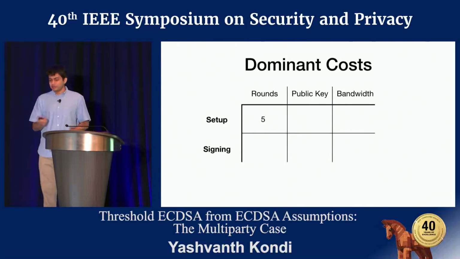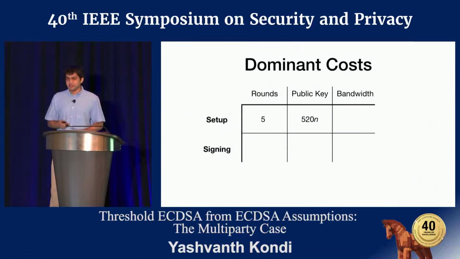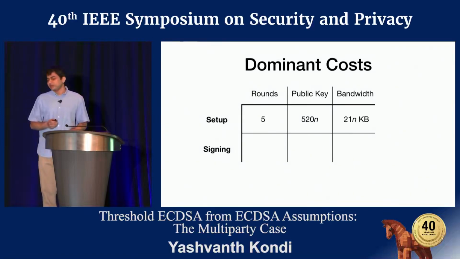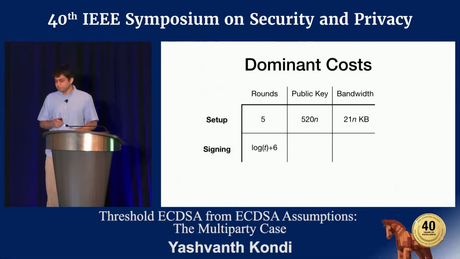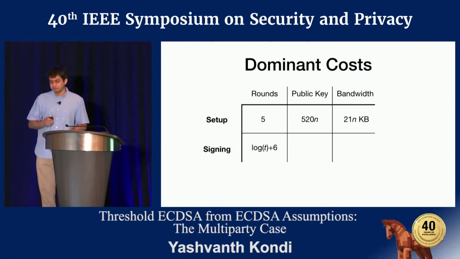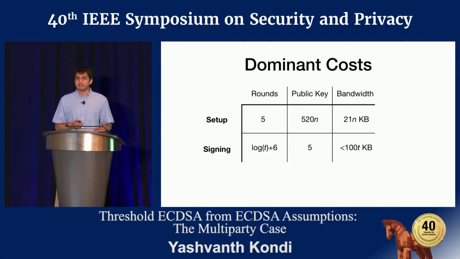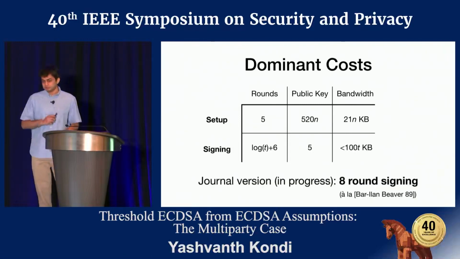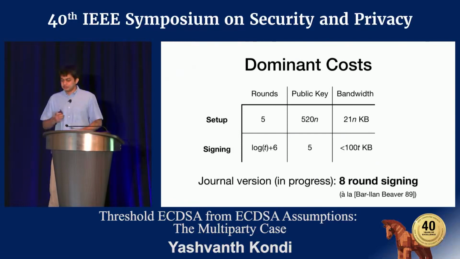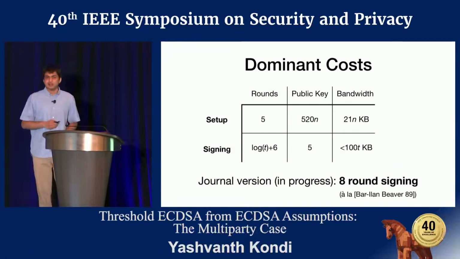And we see that the setup protocol needs 5 rounds, about 500-ish public key operations for every party in the system, and 21 times the number of parties kilobytes to be transmitted. And the signing takes log number of parties plus 6 rounds to produce a signature, and only 5 exponentiations online, with the bandwidth of about 100 kilobytes transmitted for each party in the system. And in the journal version, which is in progress, we use the technique of Bar-Ilan and Beaver to get an